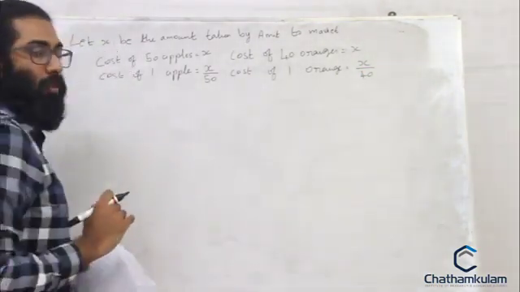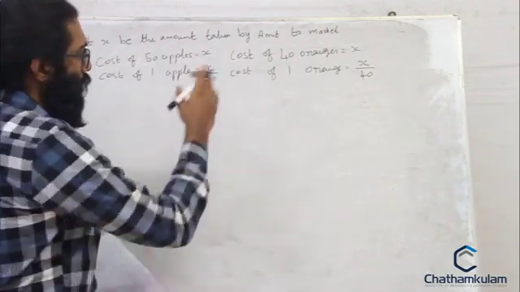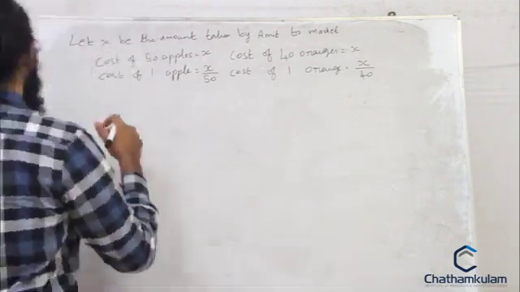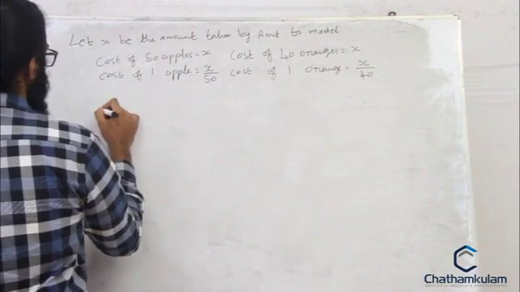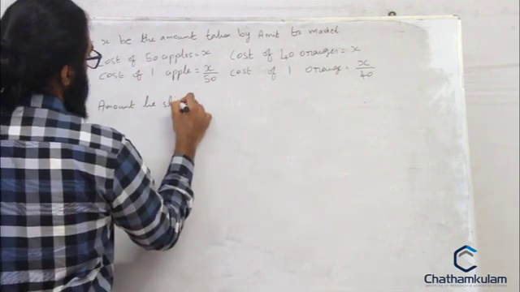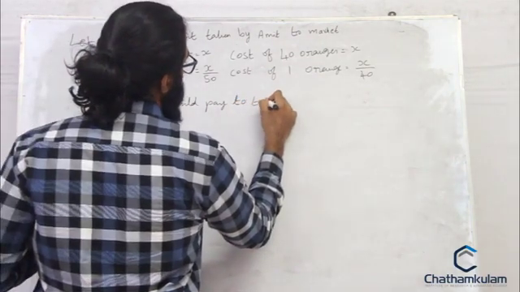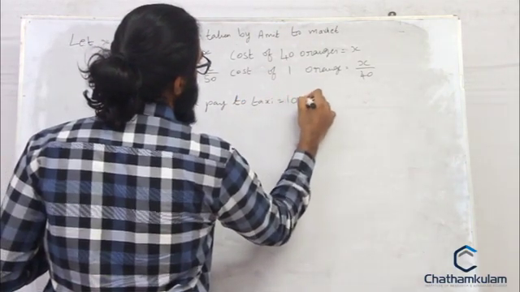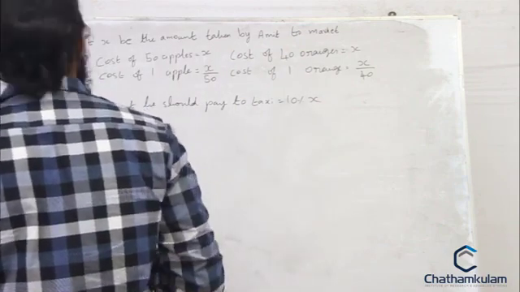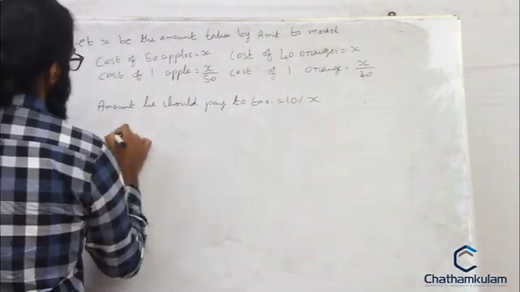So also in the question it says that 10% of the total amount he brought to the market is used for paying his taxi amount, right? So we can write this as amount he should pay to taxi is equal to 10% of X. He also bought 20 oranges with the amount. So the cost of 20 oranges